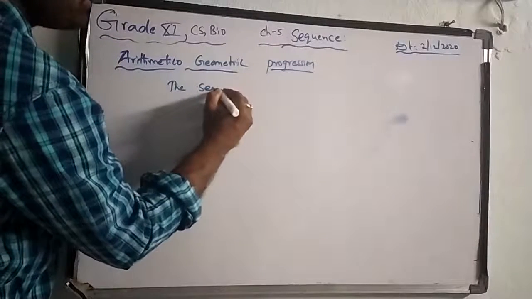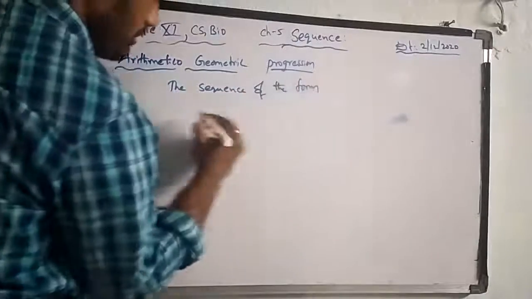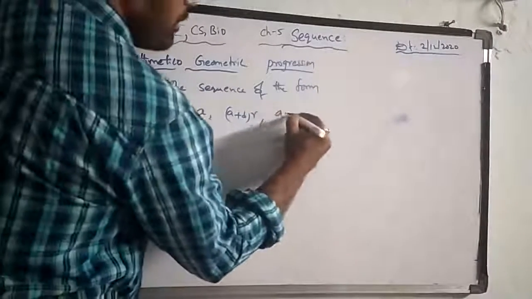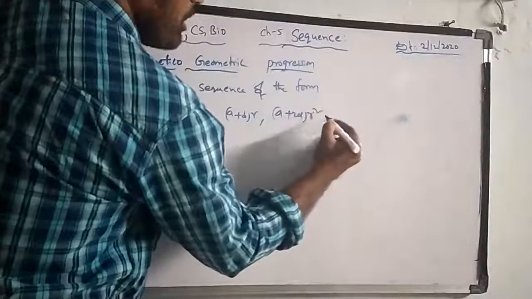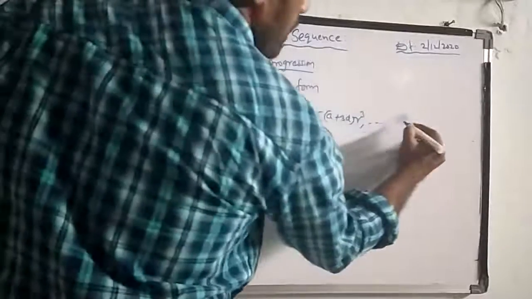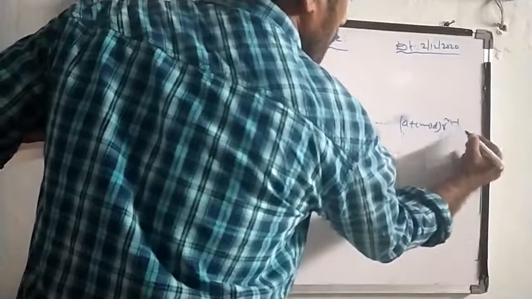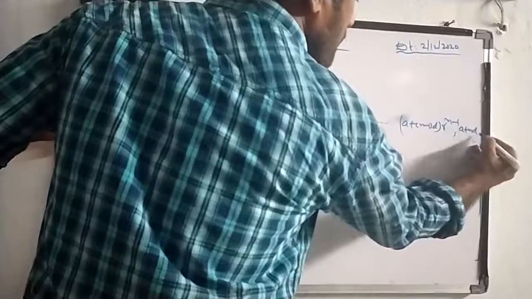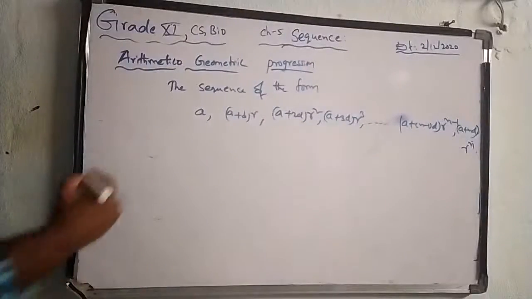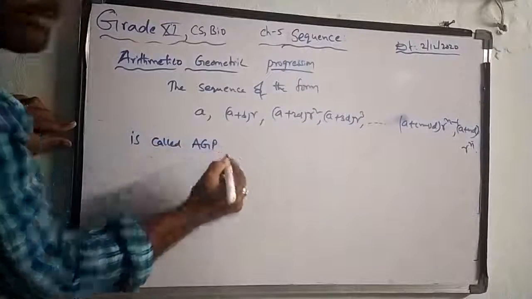The sequence of the form a, (a plus d) r, (a plus 2d) r square, (a plus 3d) r cube, and so on, (a plus (n minus 1) d) r to the power of n minus 1, (a plus nd) r to the power of n. So this is called AGP, arithmetic and geometric progression series,